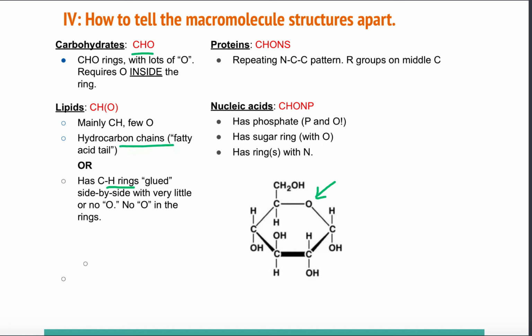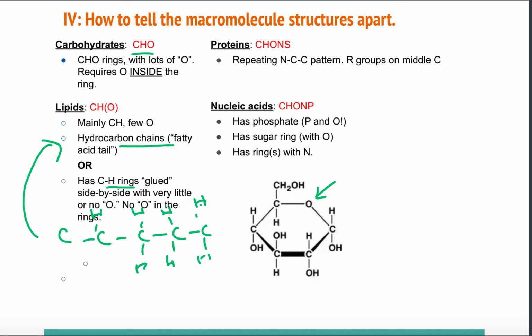Okay? Lipid rings are going to be glued side by side to each other, or you're going to see hydrocarbon tails, meaning you're going to see a large stretch here for lipid, if there's a lipid of just C, C, C, C, C, with lots of H's all over the C's and not a lot else. There may be a side of it that has phosphate or a weird carbon chain on it, but this huge stretch of C's with just H's on them, that's the tip for it to be a lipid